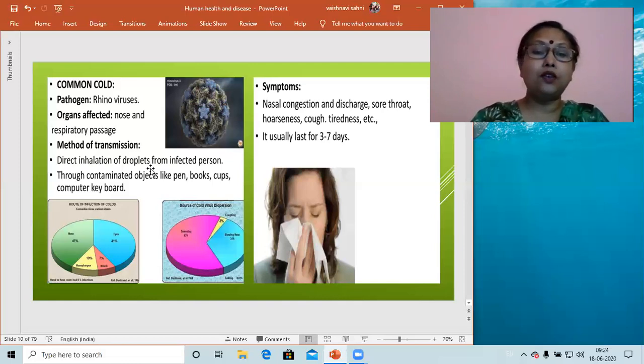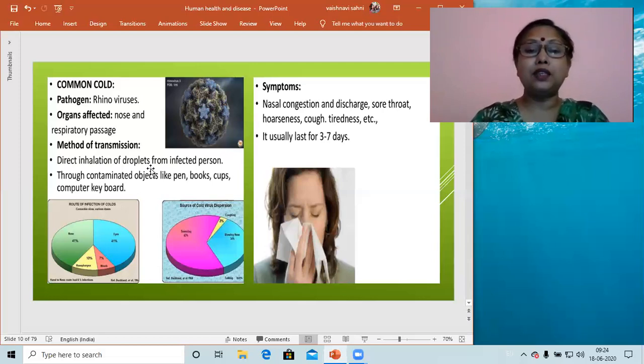Overall, the life cycle of rhinoviruses gets completed between 3 to 7 days. So automatically, our immune system overcomes this problem, and the person is healthy again. Means it gets treated automatically inside. But yes, it is highly infectious. From patient to healthy person, it may be transmitted through the droplet method, which is more prominent.